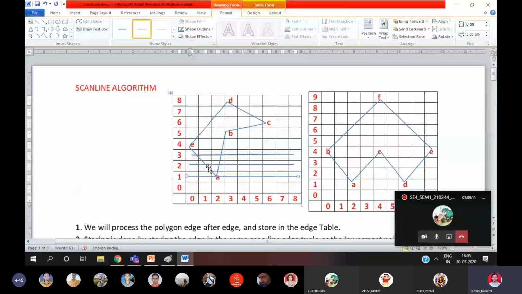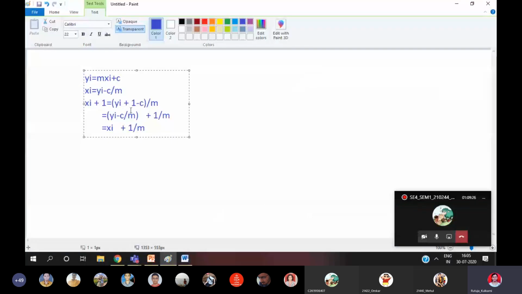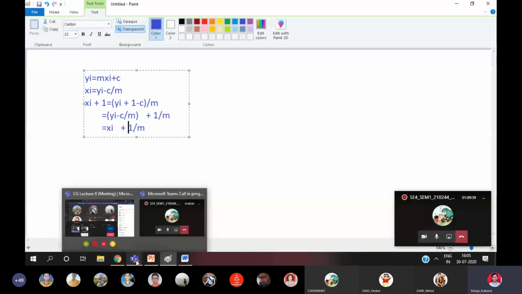If I move y, it will be at 2, so yi plus 1: the previous value is 1, I added 1 to it, and now it moved to 2. And I calculated the x increment according to the y increment. Is it clear? The whole further part is based on this equation.